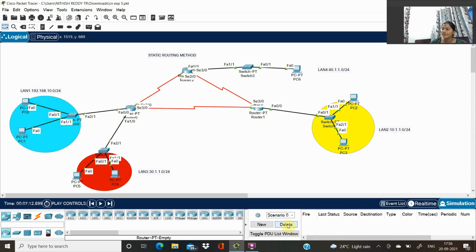Now we completed pinging from LAN 3 to LAN 1, LAN 2 and LAN 4.